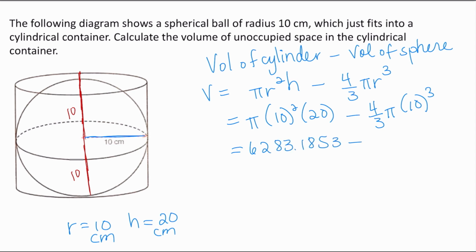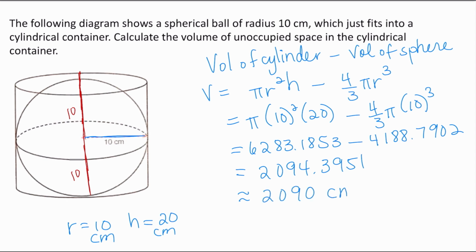6,283.1853 minus, let's go ahead now and do 4/3 multiplied by pi multiplied by 10 cubed. So that gives us 4,188.7902. Let's do the subtraction of these two numbers. And we end up with 2,094.3951. So this means that the volume of the unoccupied space in the cylindrical container is approximately